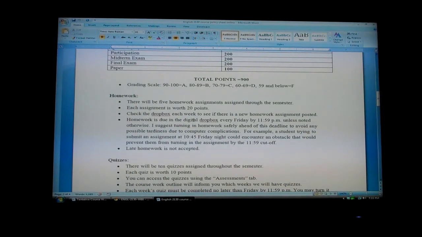So please just, even Thursday would be a great time to try to plan to have your homework done, but at the latest Friday morning. If you start getting into Friday night territory, it can be a little bit of a gamble because late homework is not accepted. So please do remember that.